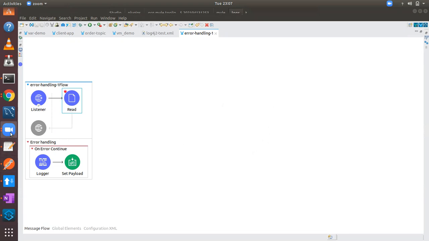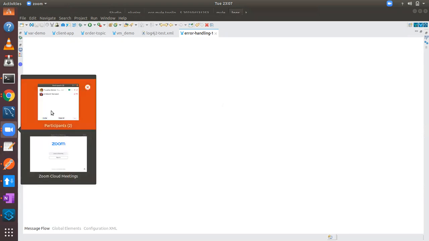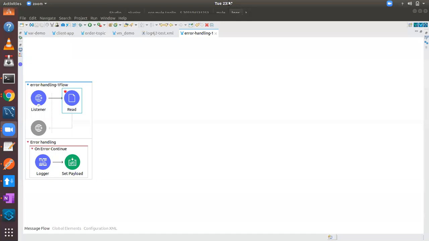Are you able to find the chat window? I sent in chat. Okay, we can continue when you attend. No problem. What you want to say is we continue on that.